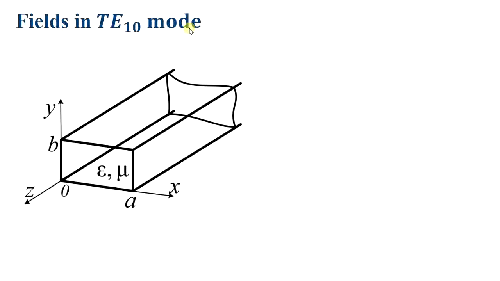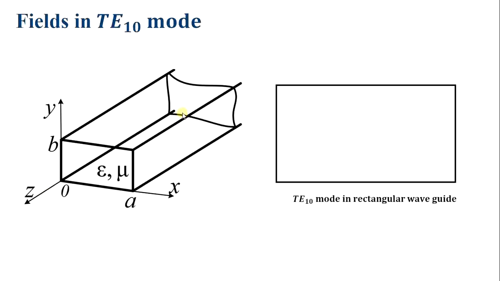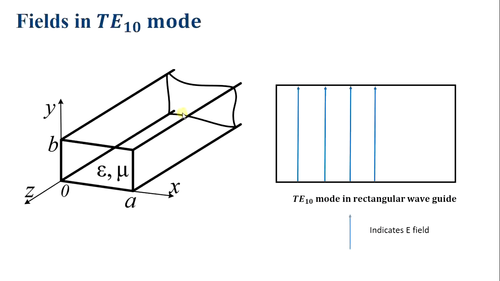So before proceeding to the E plane T or any other T junction, we should know the field in the TE10 mode of the rectangular waveguide, which is the dominant mode. So you know this is the rectangular waveguide which is placed along the XY plane and the wave is propagating along the Z direction. The electric field for this TE10 mode in the rectangular waveguide is indicated, and you know the nature of the electric field for TE10 mode is in such a way.